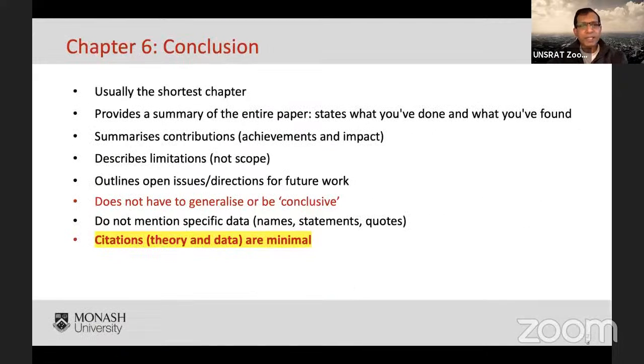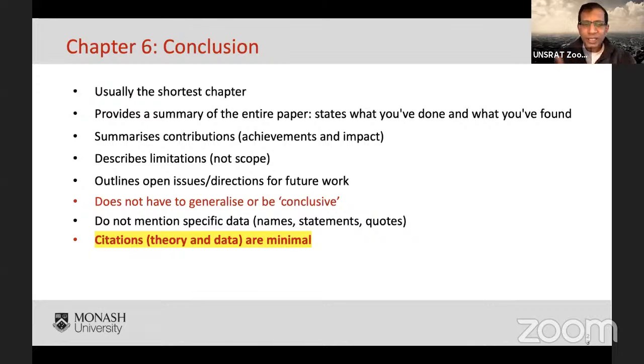And then finally, we have the conclusion. This is usually the shortest chapter. It doesn't matter whether it's an undergraduate thesis, a master's thesis, or a PhD thesis. It's more or less the same. It's usually small. Now, unlike the STEM disciplines or natural sciences, where you have to be very precise, very specific, and very decisive about your conclusion,